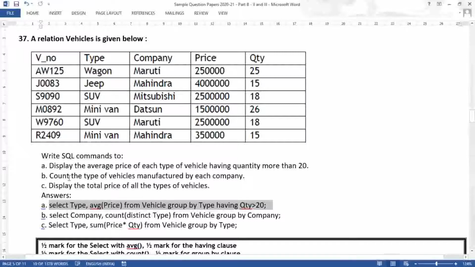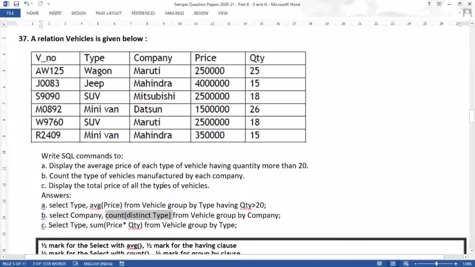Question B. Count the type of vehicles manufactured by each company. So here also they have used each company again, and this time the group will be company. So the company column is there. So select company, we are going to group by company. So company, count(distinct type). Here they have asked count the type of vehicle.